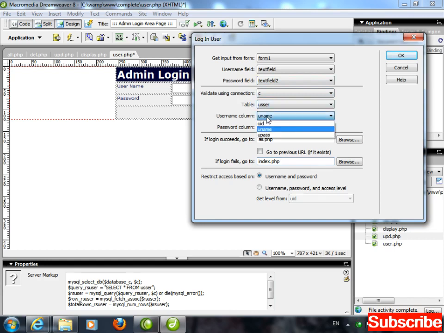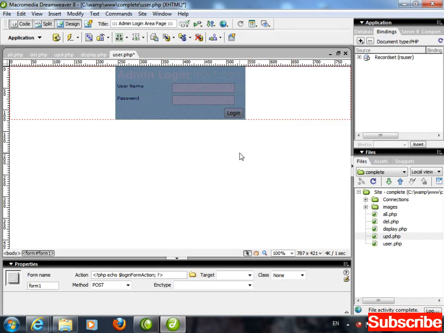Username column, uname, and the password column, upass. If login succeeds, go to which page? All.php. All.php is the page in which you can make an entry of a record, delete a record, update a record, right? So to say, if the user is an administrator, that person can log in, else no access. Click on OK.